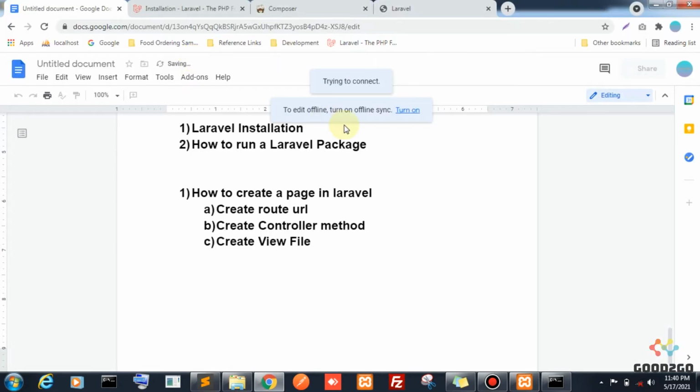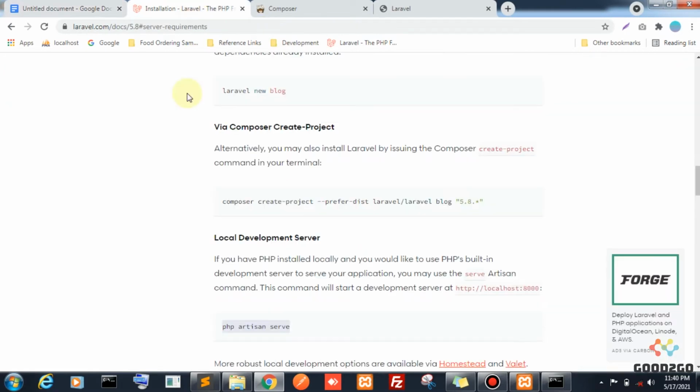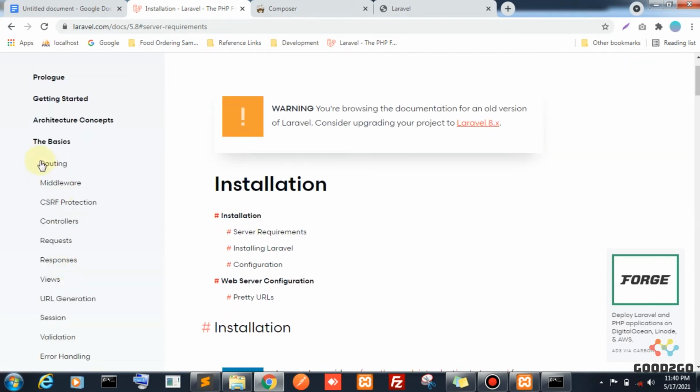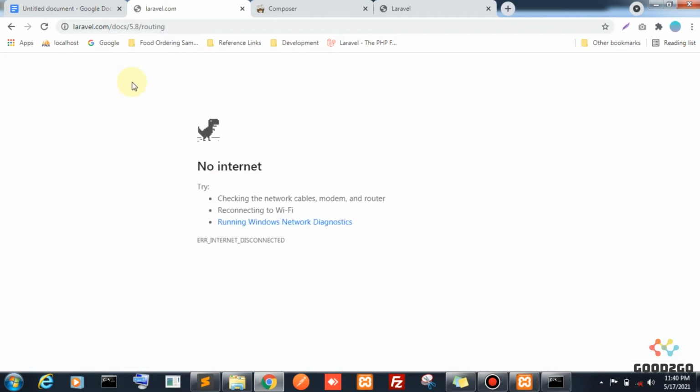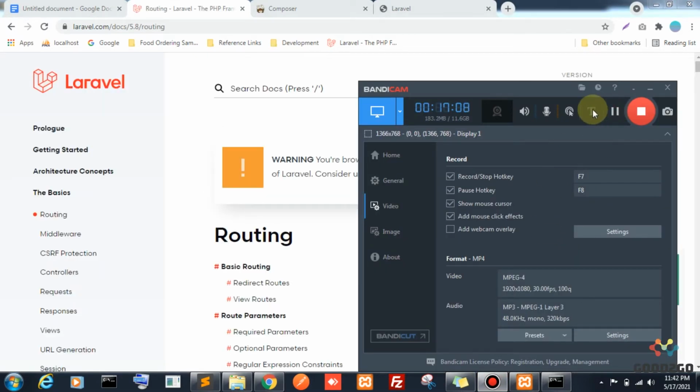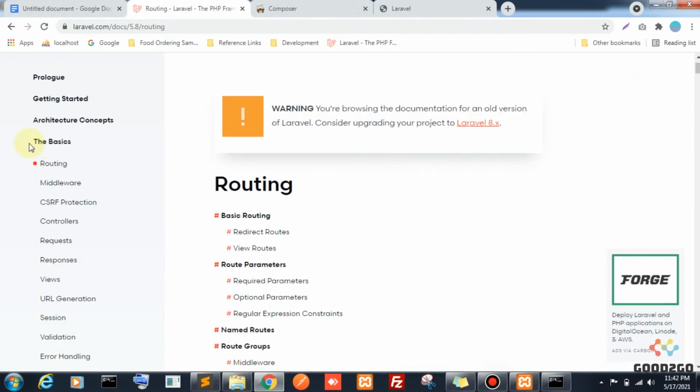So how to create a route? Let's go to laravel.com. Hope there is a basic structure, a basic section. Here we have routing. Okay, I came to routing. Just a minute, guys. Okay, guys, so we came to the routing section.